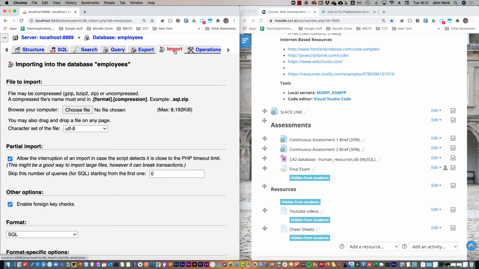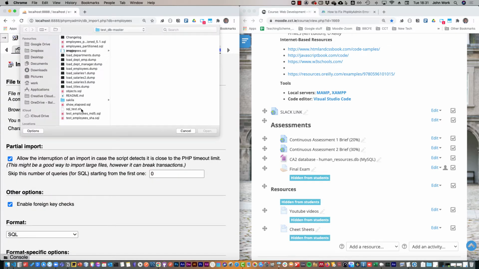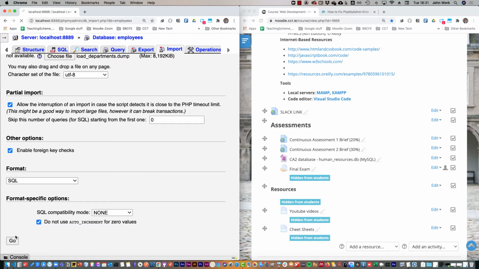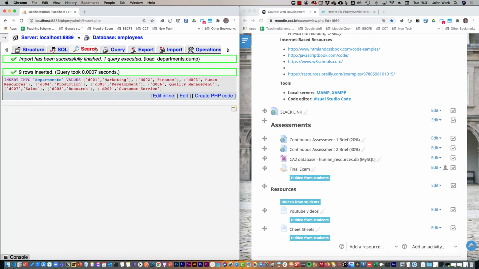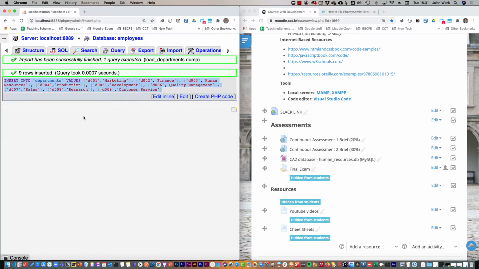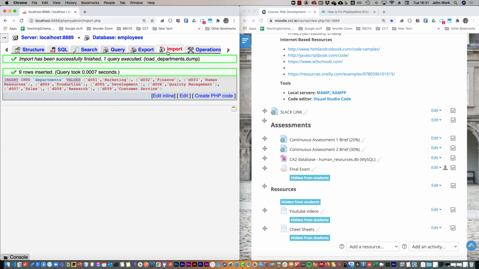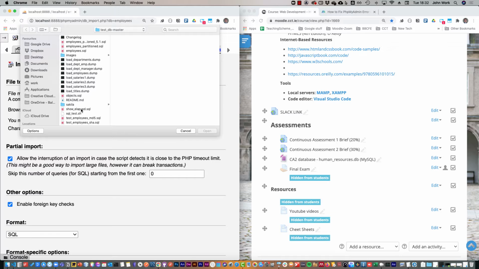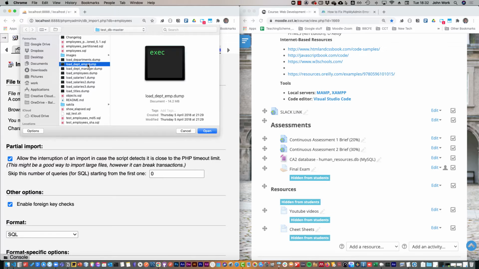So if I import, choose file, the first file I'm going to choose is load departments. I open this up, and I will get the green go ahead. Now, this only imported a few records, a few rows, so it didn't cause any problems. If I go and import another file, we could import this one, the department employee table or the department manager, but the problem with this is that these